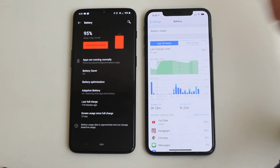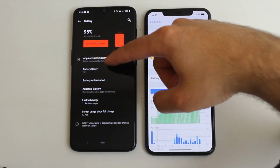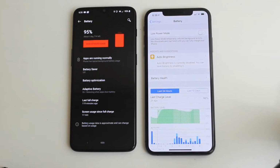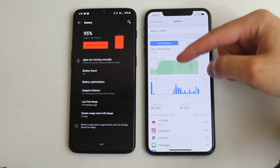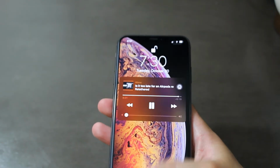Battery life for the OnePlus 6T has also been pretty solid, getting me through a full day with moderate use. But the iPhone still comes out on top when it comes to battery life. I consistently have more battery life at the end of the day with the iPhone XS Max than I do with the OnePlus 6T. The iPhone's Face ID is also far superior than the OnePlus 6T's face recognition it comes